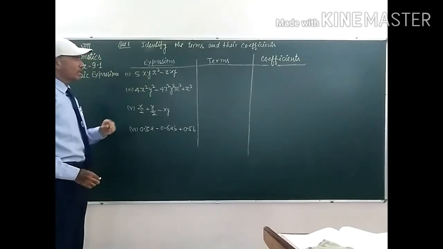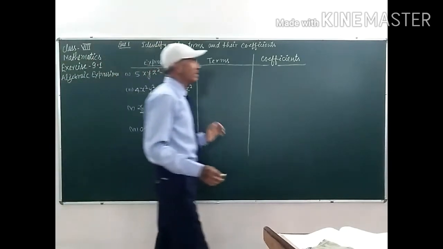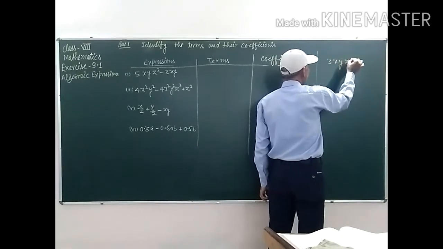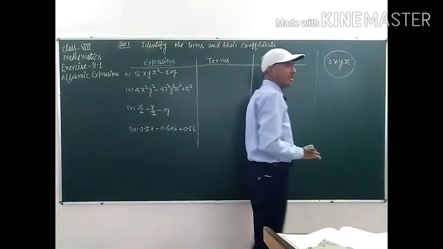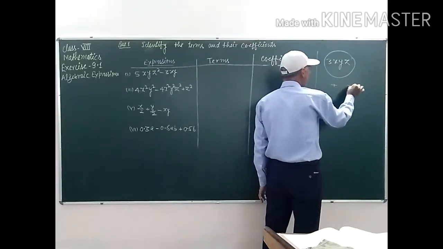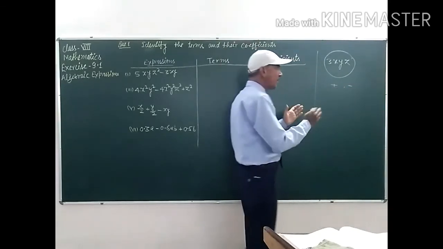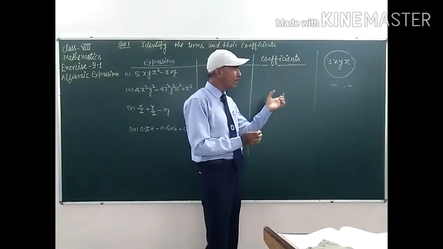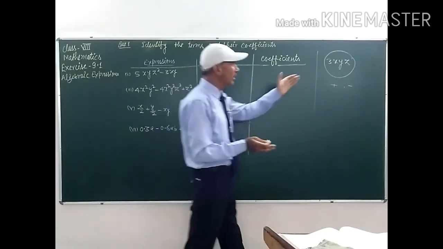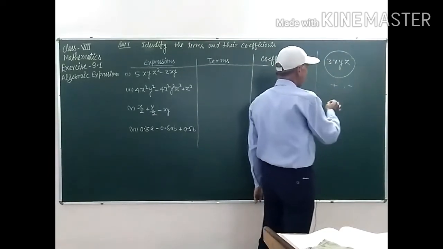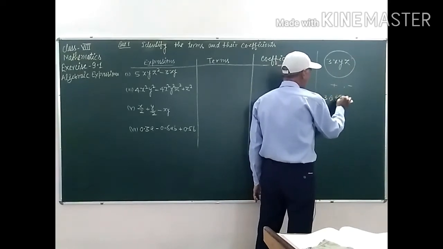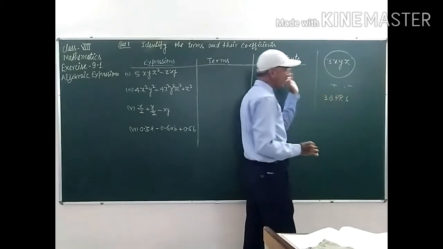5xyz square. Students, if there is an expression like this, 3xyz, it means it is one term, it is a single term. Okay, students? Plus and minus separates the terms. Students, wherever there is a plus or minus, the terms separate from there. If there is no plus or minus, but a multiplication sign, suppose 3qprs, it means it is a single term.